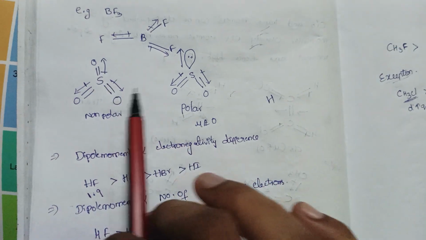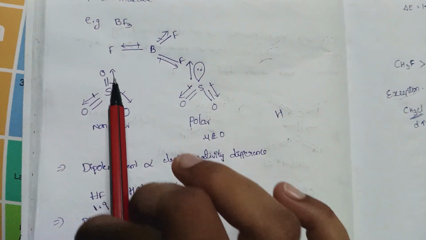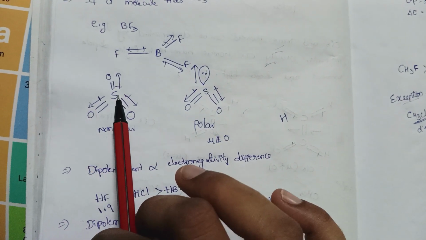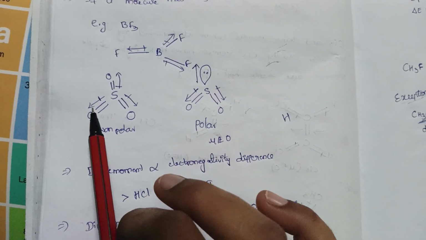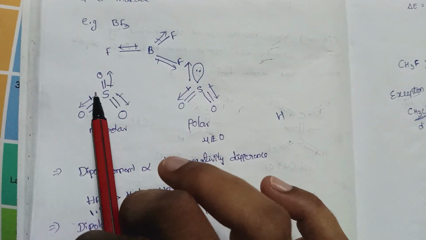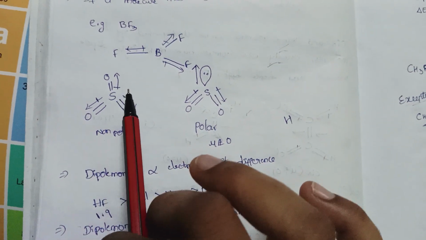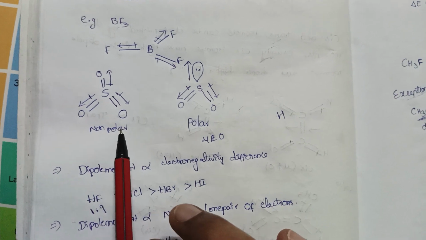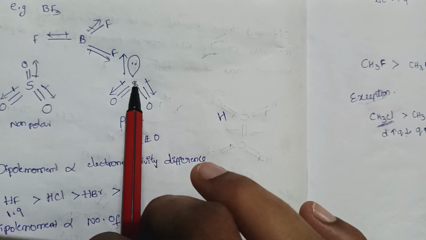If we take SO3 and SO2, in the SO3 molecule, oxygen has more electronegativity than sulfur, so the crossed arrow is towards oxygen. All vectors are in opposite directions and cancel, and the net dipole moment is 0. It is a non-polar molecule. If we take SO2,